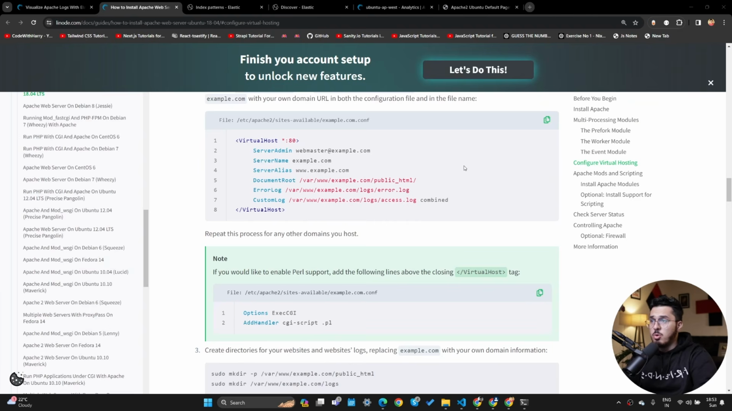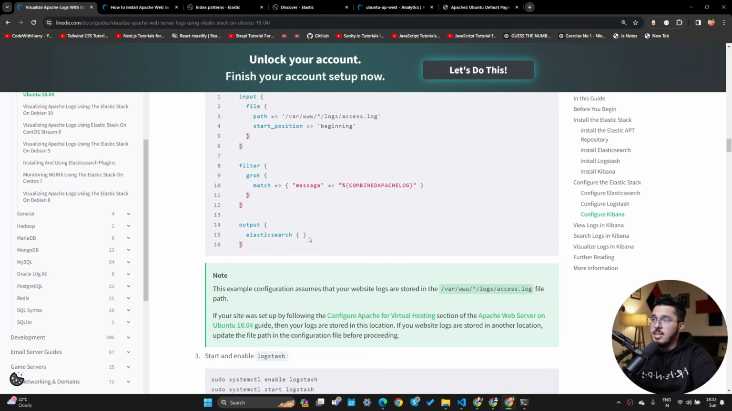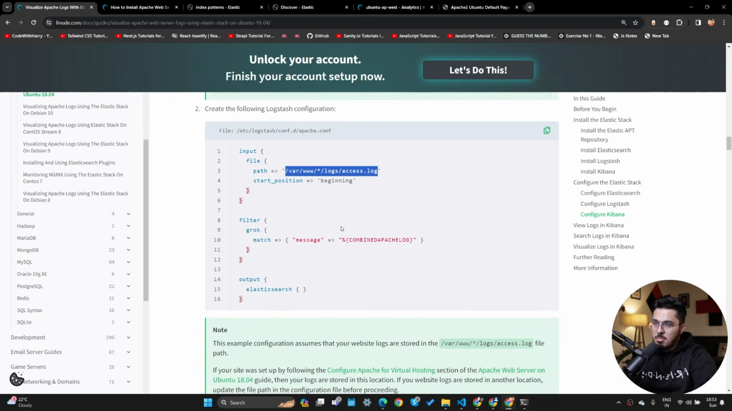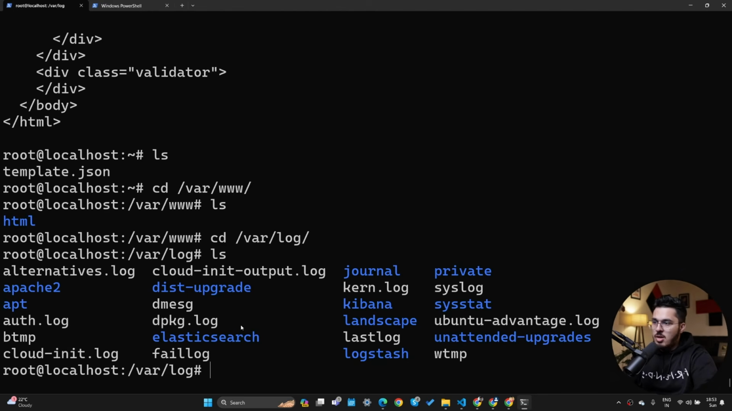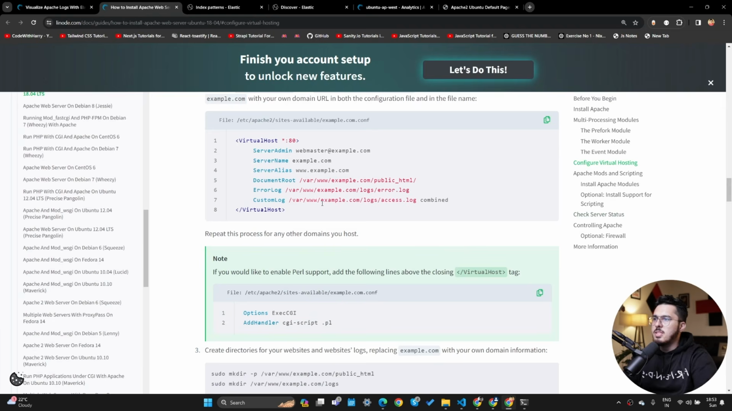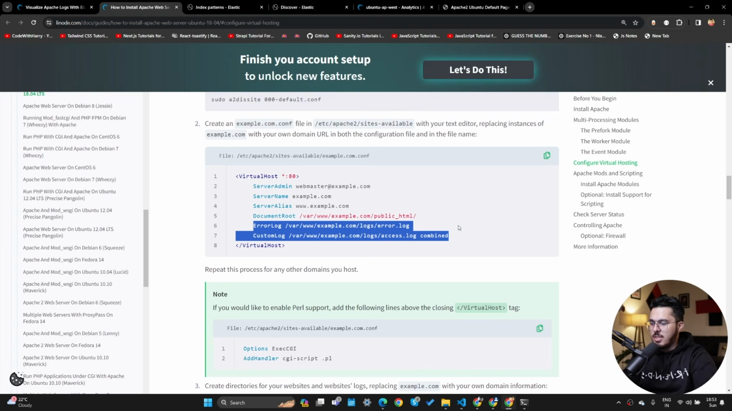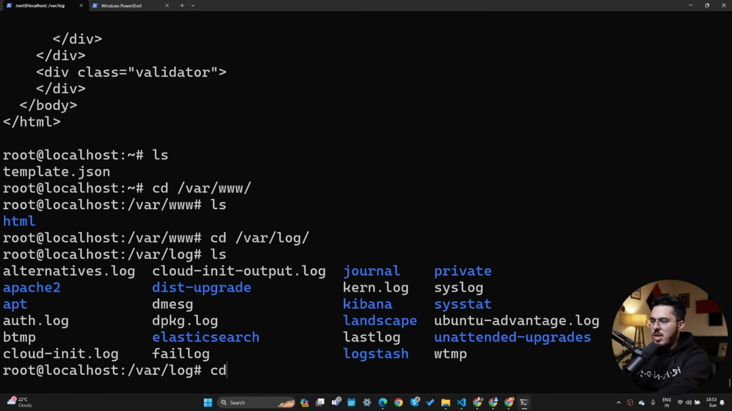Now there is one thing that I want to mention. Here it is assumed that the access logs are here, but by default the Apache access logs are at /var/log/apache2/access.log. So let's do one thing. Let's copy this path and put it inside logs. So we are going to simply say that the HTML has these logs. Okay, so let's say